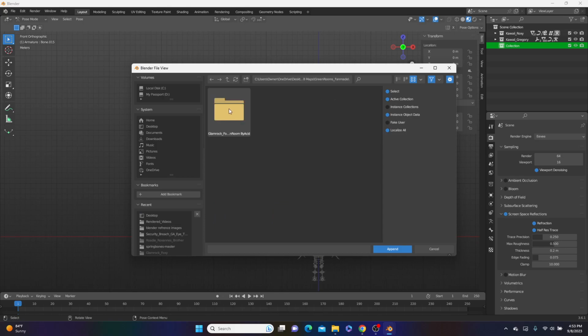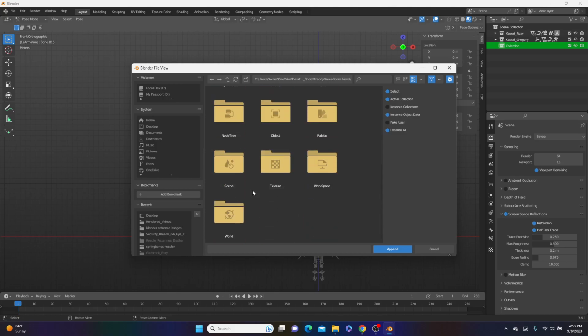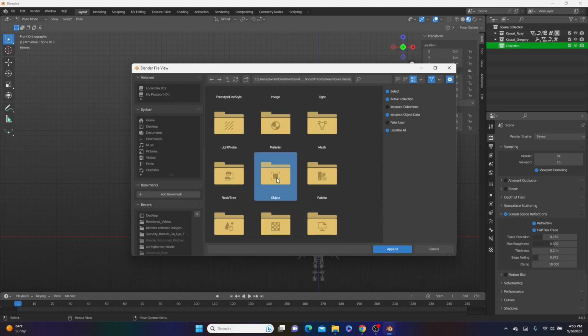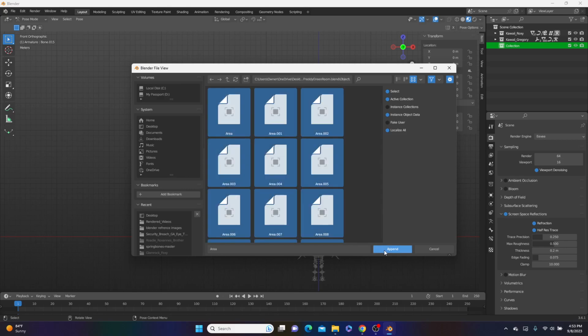I do have a green room. There's an atrium, drive-in, Glamour Freddy's room, green room. And you just do the same thing you would normally do to append an actual model. Select all, and